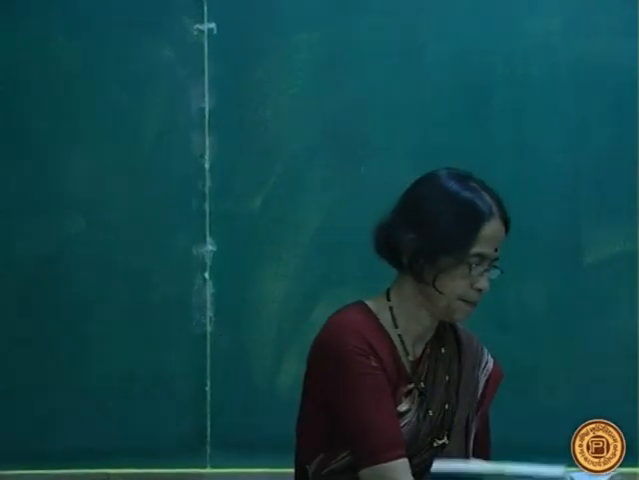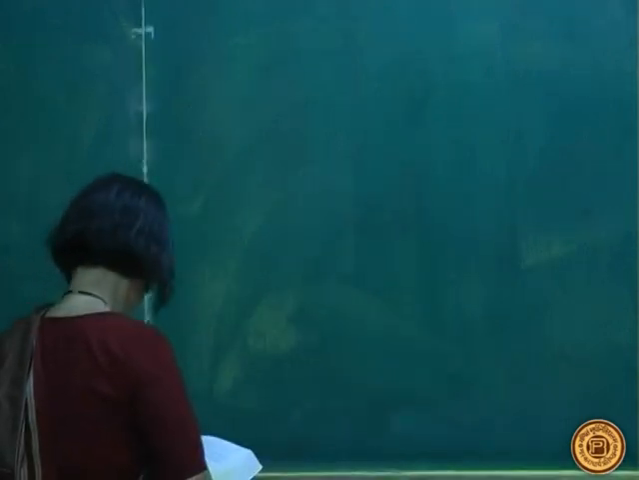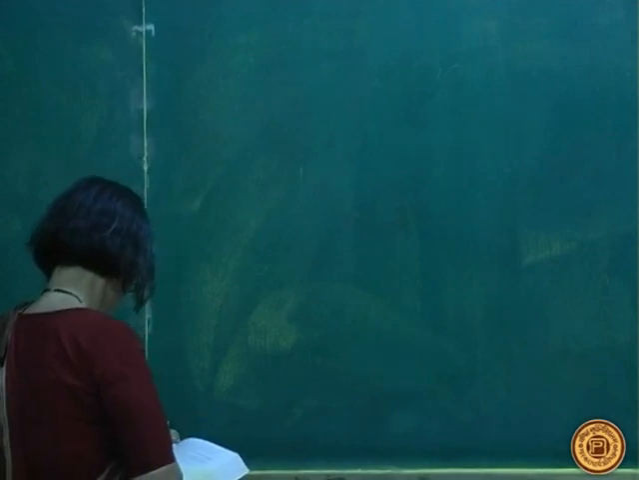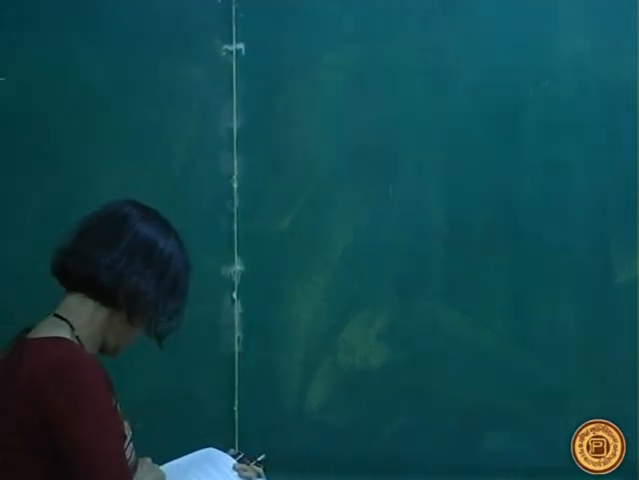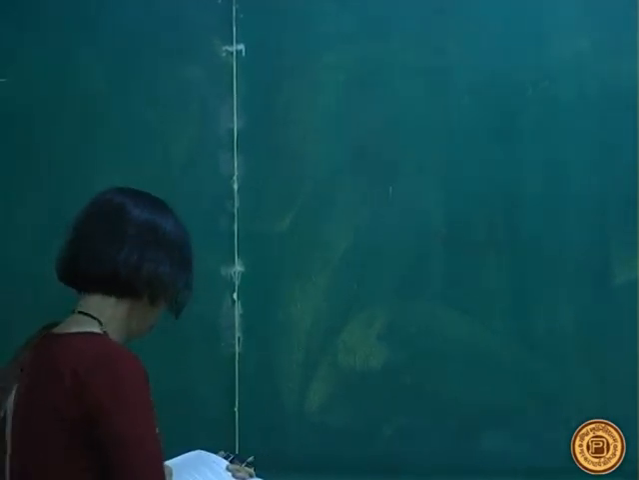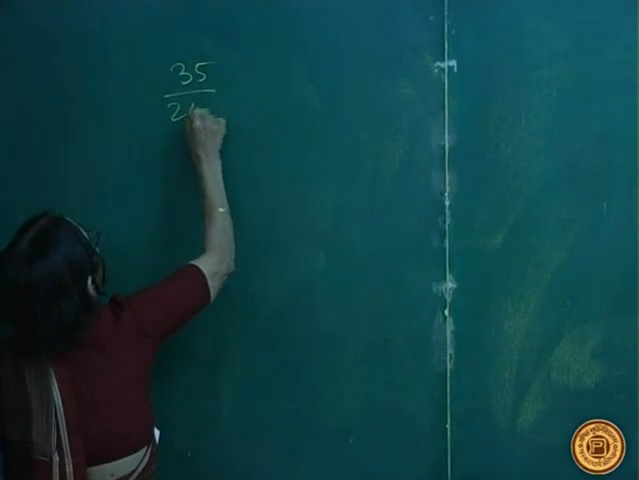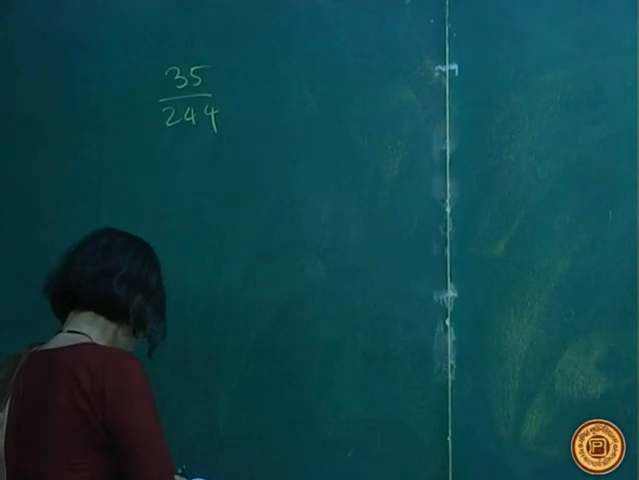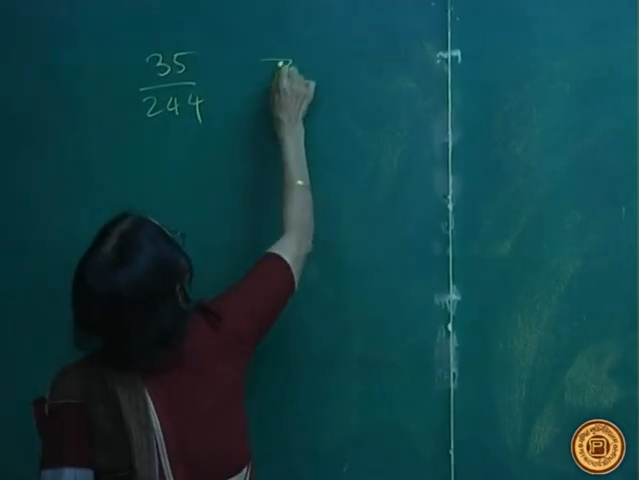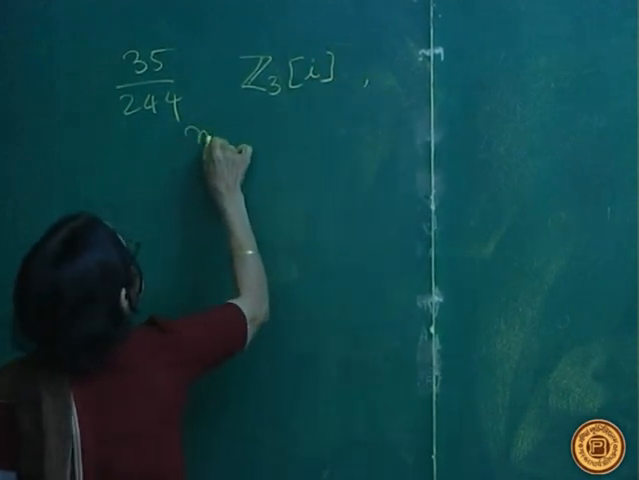We will solve some more problems from the same chapter. We did attempt 35. No, we have to solve number 35. The non-zero elements of Z3[i] now. Non-zero elements here